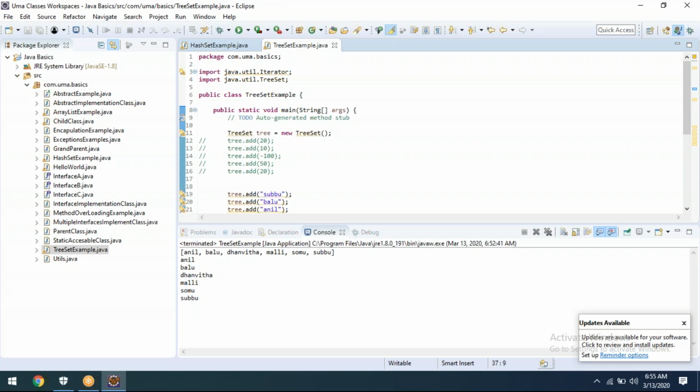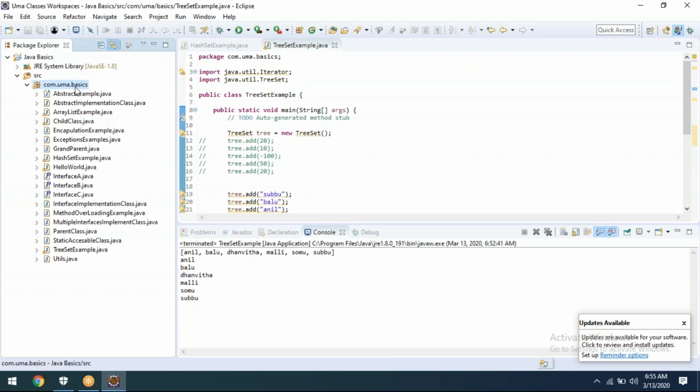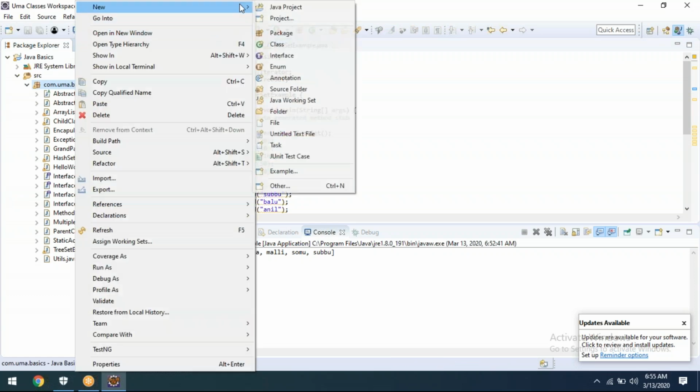What is the need of generics and why is it happening? If without generics, what will happen? If I am trying to read the values from the list or sets or anything, what will happen? Let me create one example so you understand the problem.